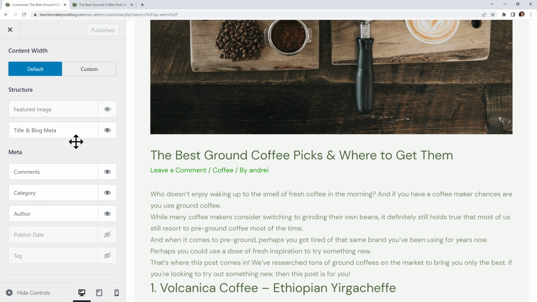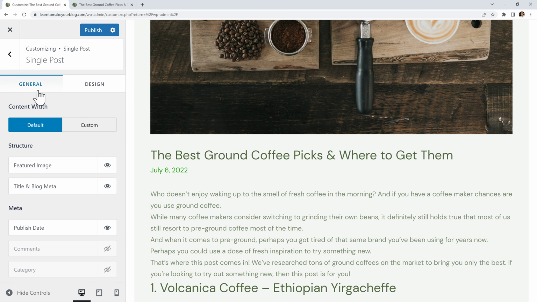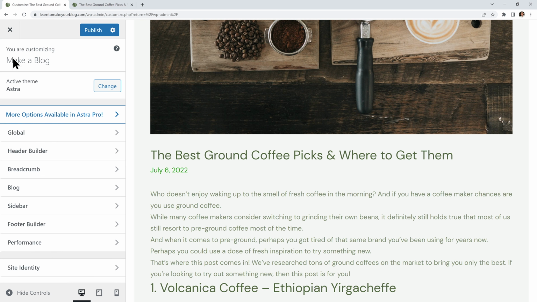We can change its structure over here. So right now we have our featured image right here and then our title right here. What I want to do is to show this publish date by clicking on this I. Then I can drag it all the way to the top and then I want to hide all of the rest of this information. So now we have just our blog's publishing date over here. There isn't much else we can change with these settings, so we can go back twice and then open up